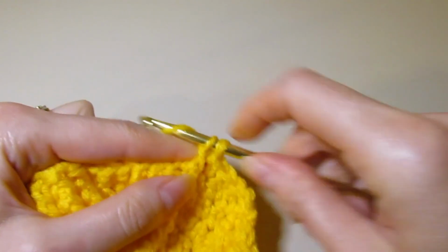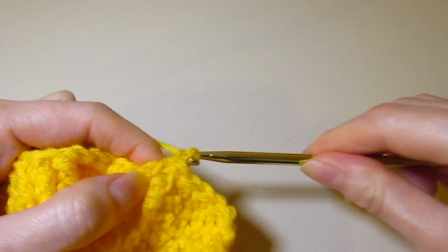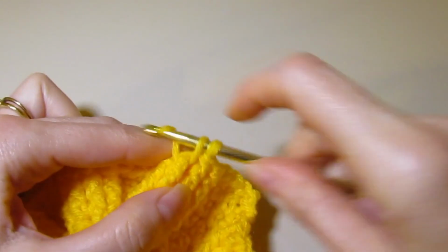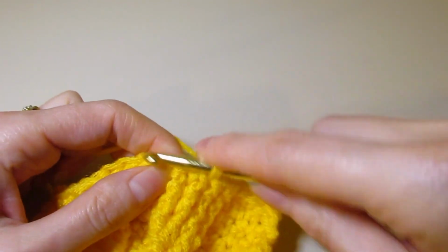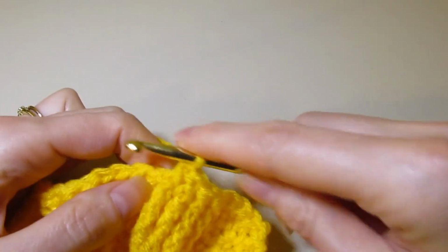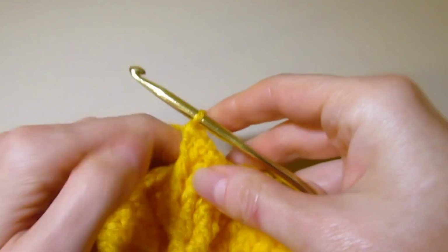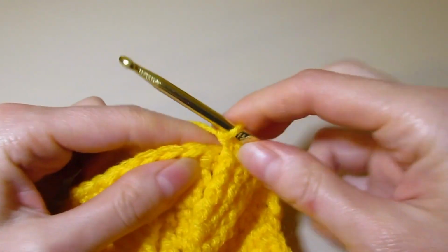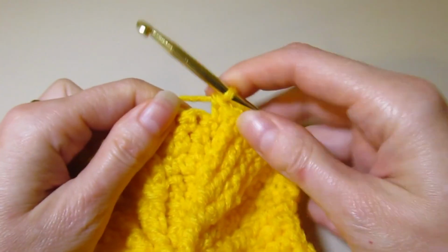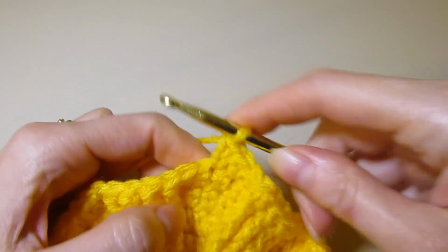So here's our first extended single crochet post stitch, our second, our third, there we go. And then the last one, you're going to work 2. So there's 1, and then just go right back in there for the second one. So now we've worked 2, and we're going to work 4 extended single crochet in the next 4 stitches. So here's stitch number 2, stitch number 3, 4,